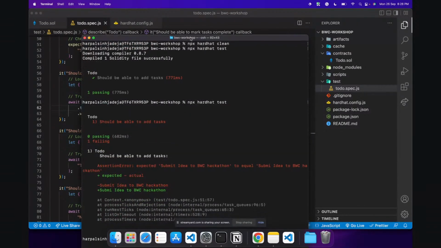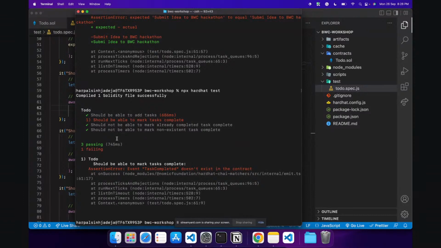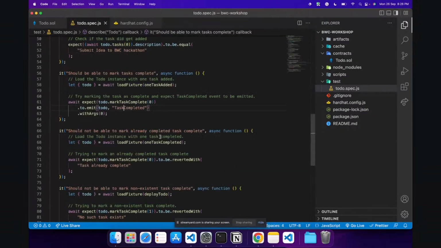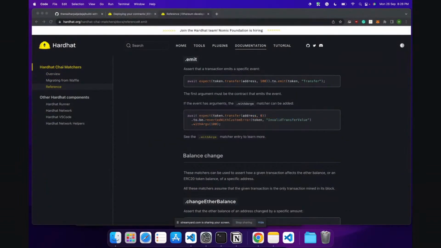Let's say I made a typo in my contract. Now, if I do npx hardhat test, it knows it failed because task completed doesn't exist in the contract, right? I forgot to mark it only. Let's do it. I accidentally